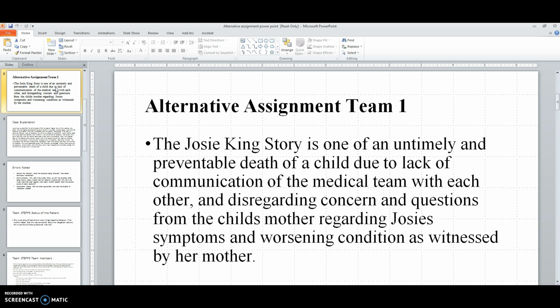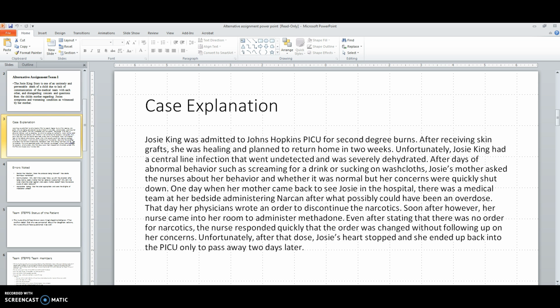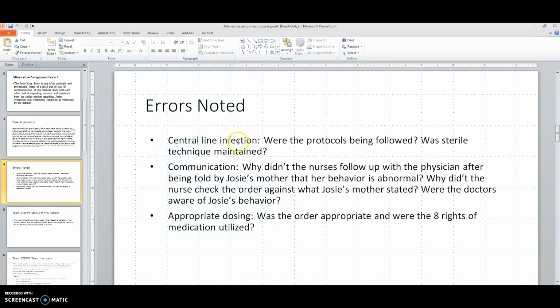As for the general content of your PowerPoint, yes, this is the background of Josie's story, but as I look through your PowerPoint, there are grammatical errors and proofreading errors, spelling errors that will become evident, hopefully, as we show through the screens. Here you have factual information, some of the factual information, but it's very difficult to navigate in a paragraph format. Again, PowerPoints should be in bulleted format, kind of like what's here in errors noted.